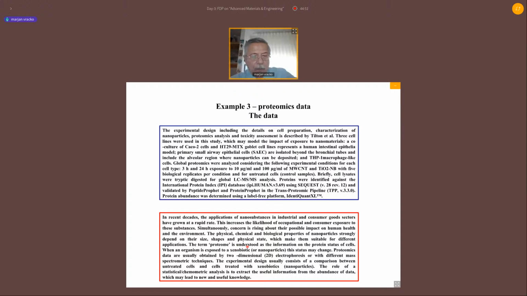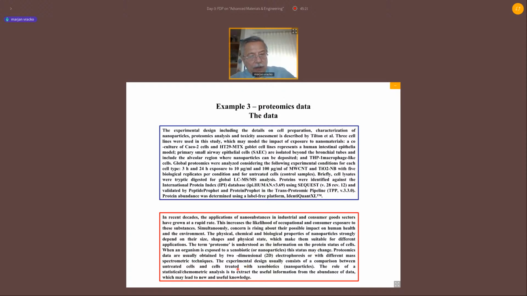which make them, of course, suitable for different industrial applications, but it is also not known how dangerous they are for humans and for the environment. Therefore, a part of this research is our proteomic studies. What we mean by the proteome,